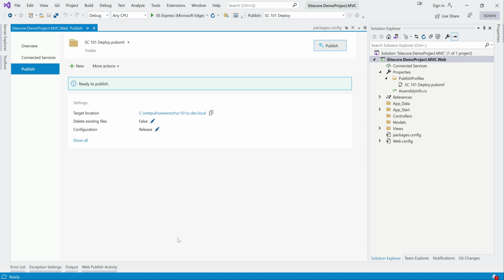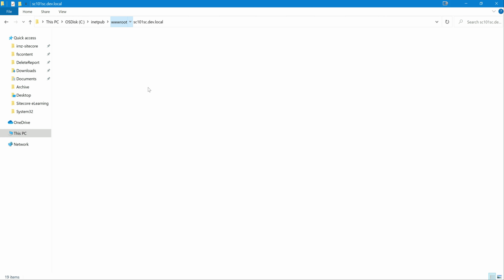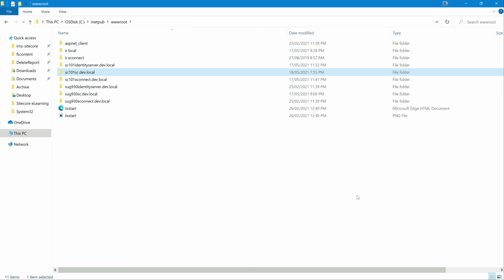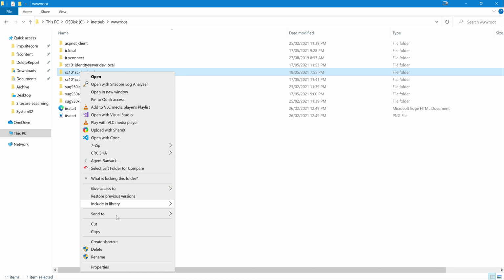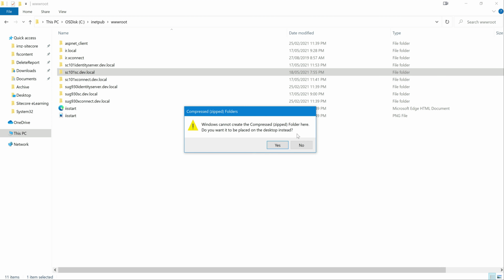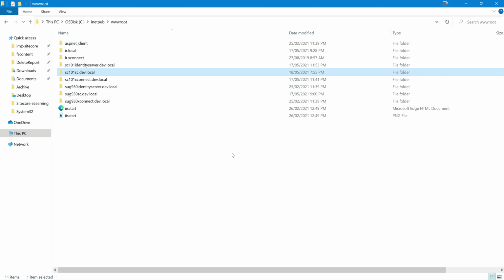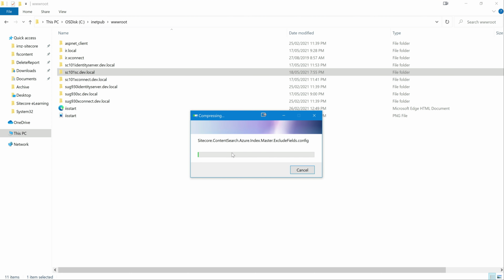Before that, what I do, not always, but at least the first time, I usually take a backup of this, because if anything corrupts because of our files, we would have a backup to restore. So for that, I'll just zip it, and it will be created on the desktop, so that's fine. Let it create. It is not necessary every time, but the first time, it's better to have a backup, so that if anything messes up, we can easily restore. So let it run. Once it finishes, then you can publish.